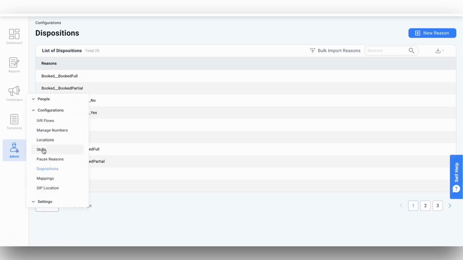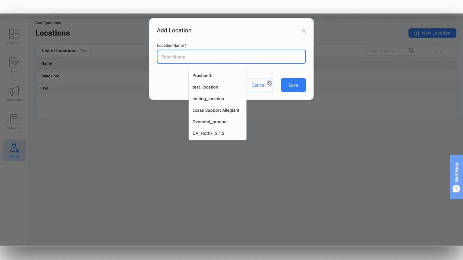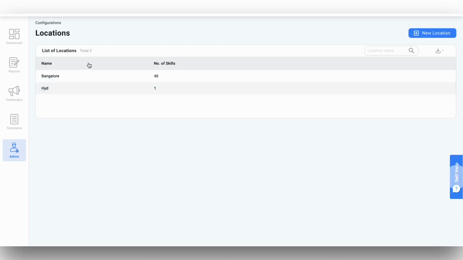Additionally, there's a valuable feature called locations. These locations are used in conjunction with skills. In the interface, you can observe how many skill groups are associated with each location. For instance, this tenant has 48 skill groups assigned to Bangalore and 1 to Hyderabad. You can add your location name, which can be used later in your call analytics. This data will help you distinguish the flow of calls for each location, providing valuable insights for call analytics. Once you've added the location,